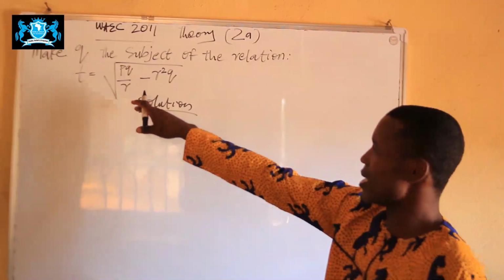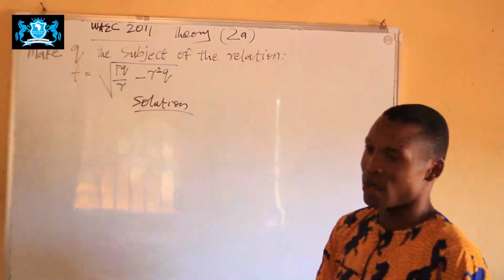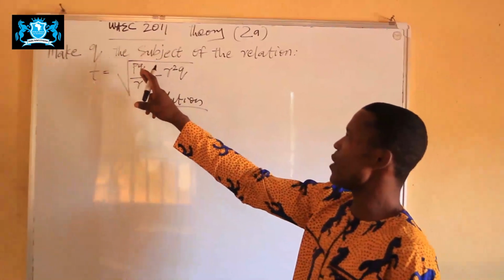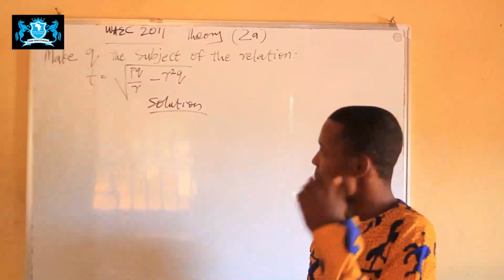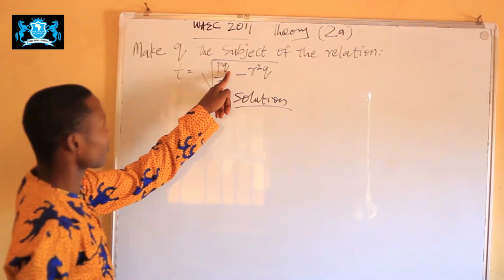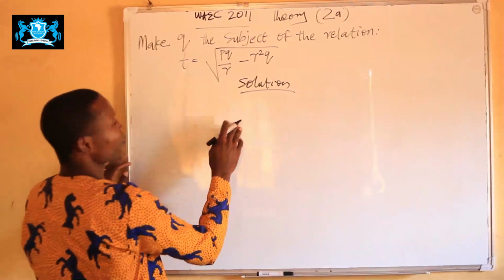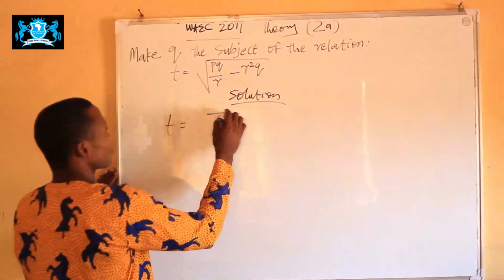Look at this question, 2011 theory number 2A. They say T equals the square root of PQ over R minus R squared Q. How do we go about this? And they say we should make this Q the subject of the formula. So we'll have something like this. We have T equals to